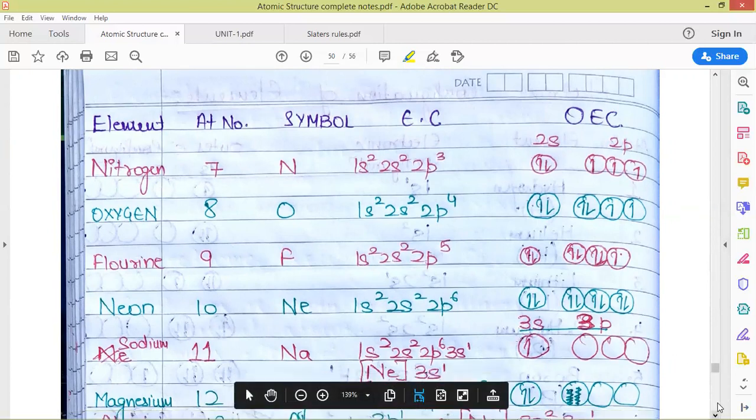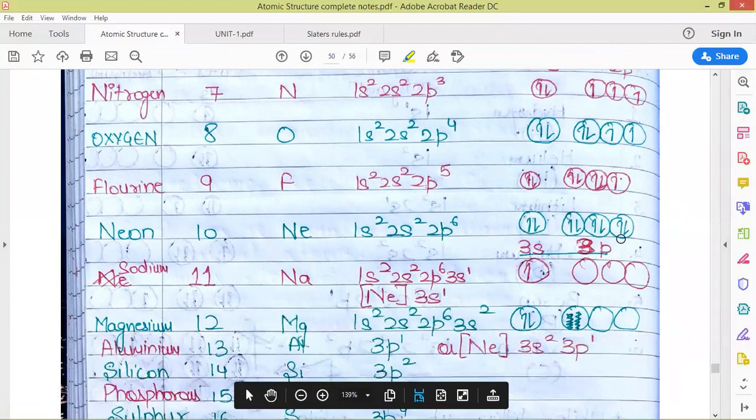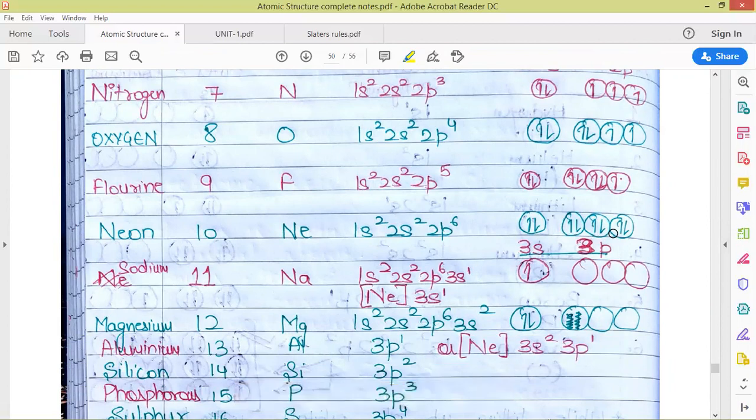And for neon, all the 2p orbitals will be filled with 2 electrons each. That is the maximum capacity of p orbitals, 6 electrons can be occupied. The formula for the maximum capacity of each subshell we have already discussed, that s can have just 2 electrons, p orbitals can have a maximum of 6 electrons. As there are 3 orbitals associated, one orbital can occupy at the maximum 2 electrons. So based upon that, all the 3 p orbitals will occupy a total of 6 electrons.